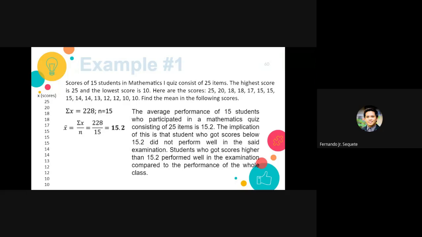So our interpretation, if we are to look at the term mean, what it means is that if you have